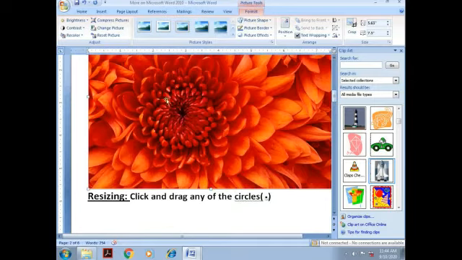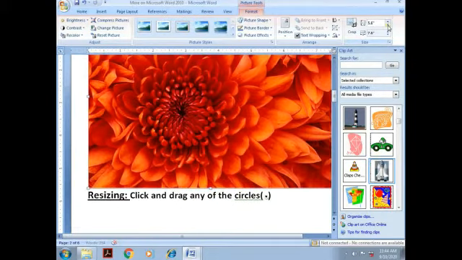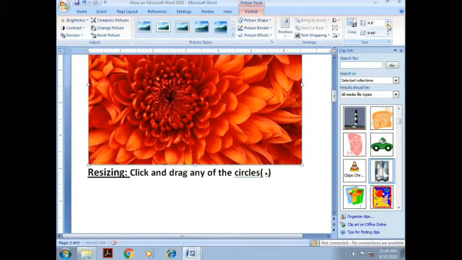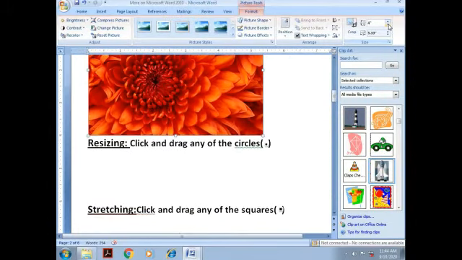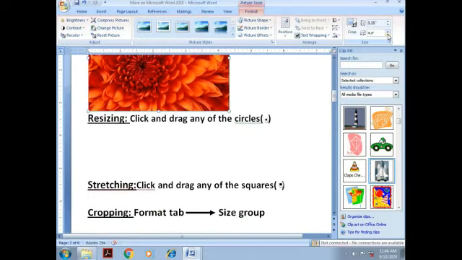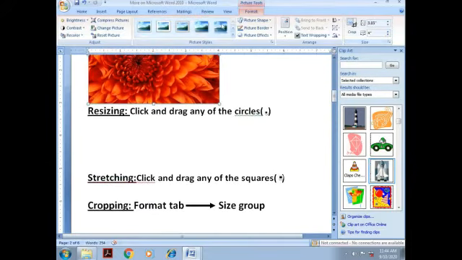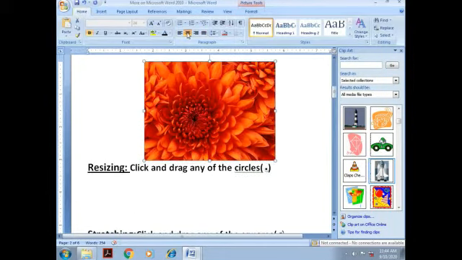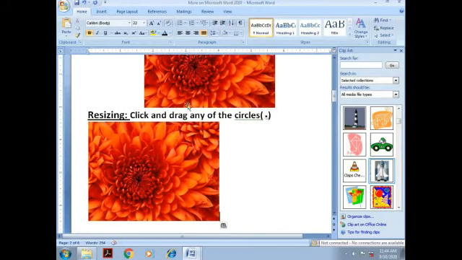To resize a picture, select the corners and you can drag and drop and make the picture small or big in size. We can assign its height and width also.